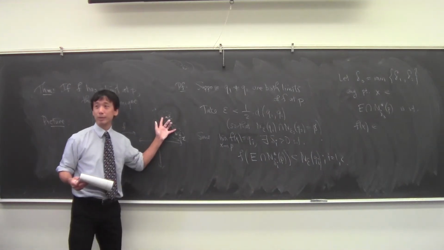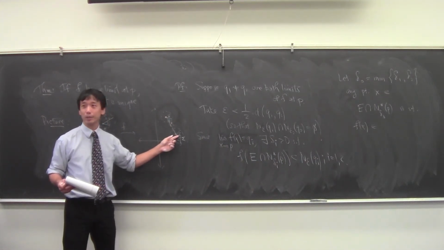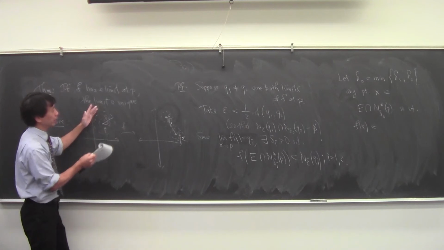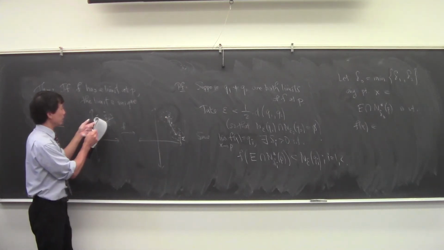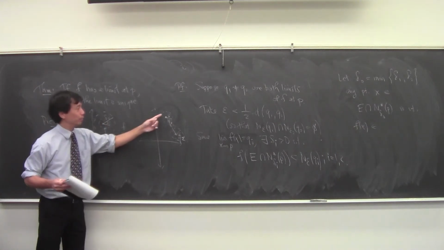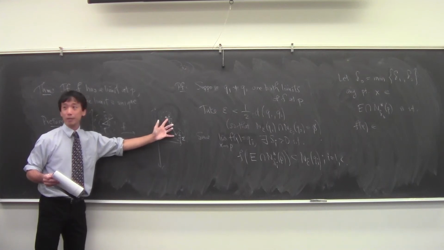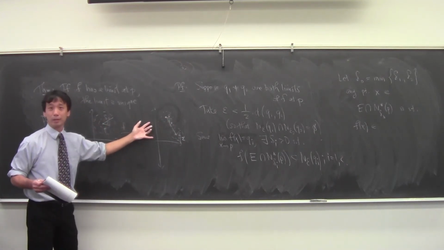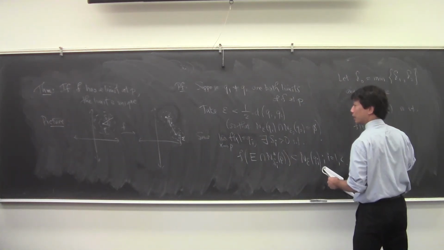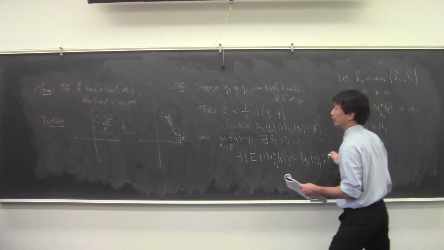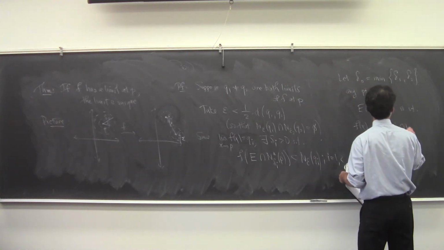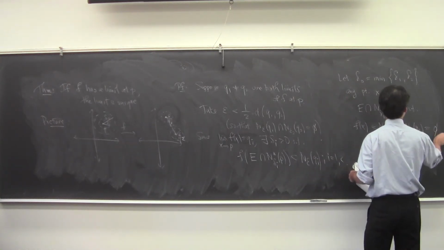must lie in both neighborhoods, right? It has to lie in this neighborhood and also has to lie in this neighborhood, because anybody who lay in this delta 1 neighborhood, the output has to be here. Anybody who's in the delta 2 neighborhood, the output has to lie here. So if you lie in both neighborhoods, your output has to lie in both of these. But then there's nothing, right? Then you lie in the empty set. So this thing lies in the intersection of the epsilon neighborhood of Q1 and the epsilon neighborhood of Q2, but that's empty.